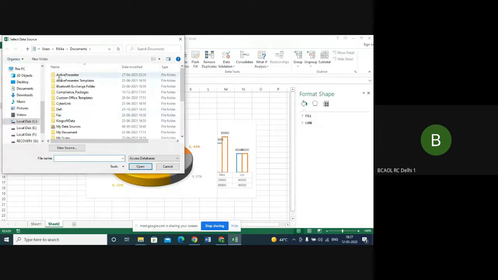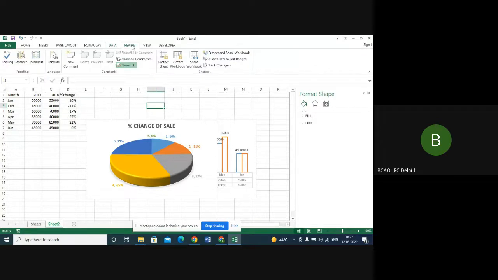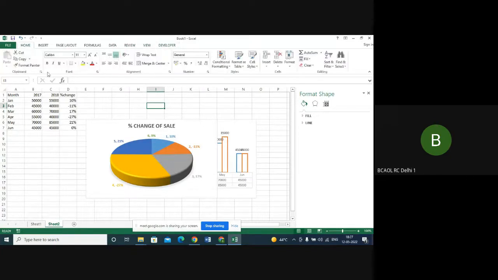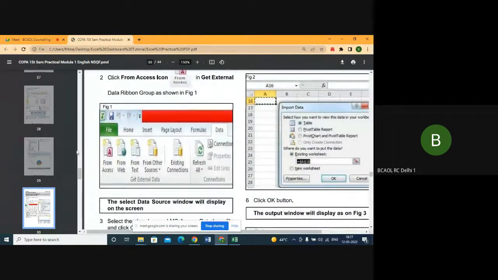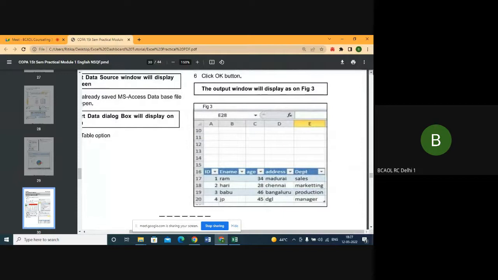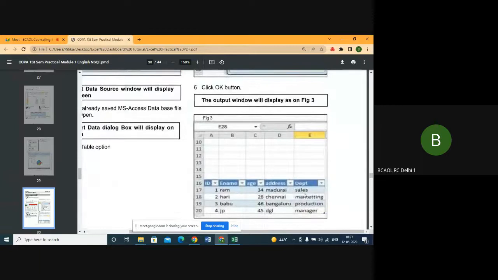So if you have a database in Access, some kind of data, you can bring it to Excel also. And from Excel, you can also take it to Access. That is also possible. So this is what is there. What will happen is you will take from Access, you will select the data source, which data you want to bring to Excel, and the data will automatically come when you open that file, to wherever it will come on Excel,